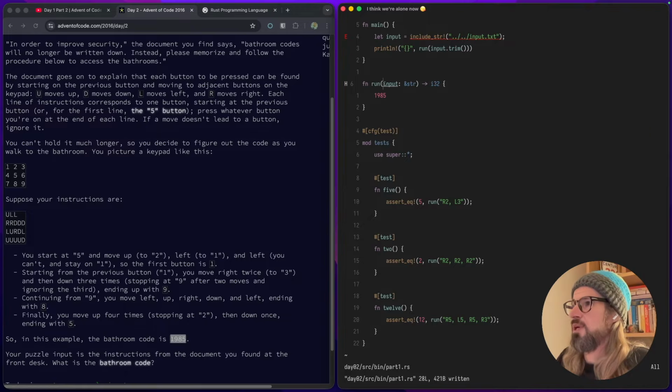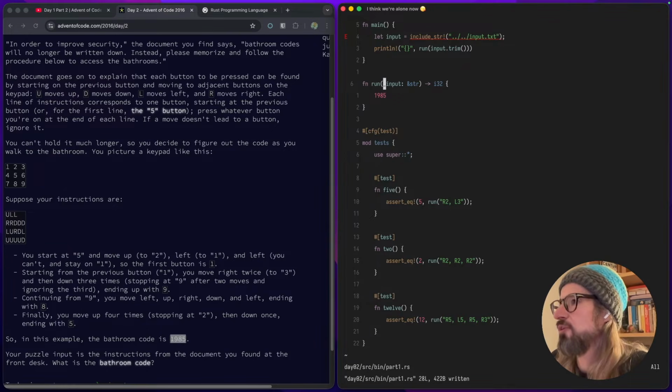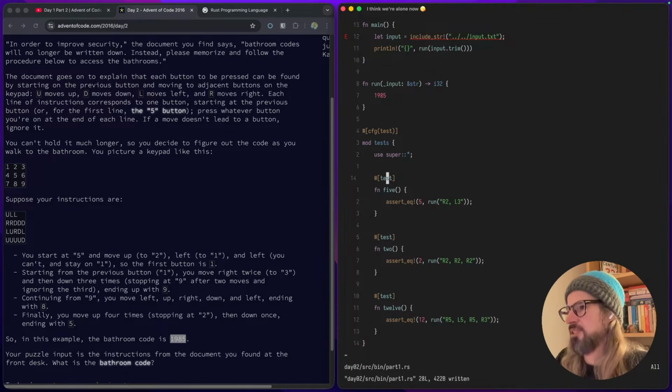So let's, for now, return 1985. Whoops. We will tell the compiler that we're not using input at the moment. We'll put the underscore in front of it, which says, yes, we know we're not using that variable at the moment, and that's deliberate. And we will sort the tests out. We will say code, and we will change that to 1985, and we will